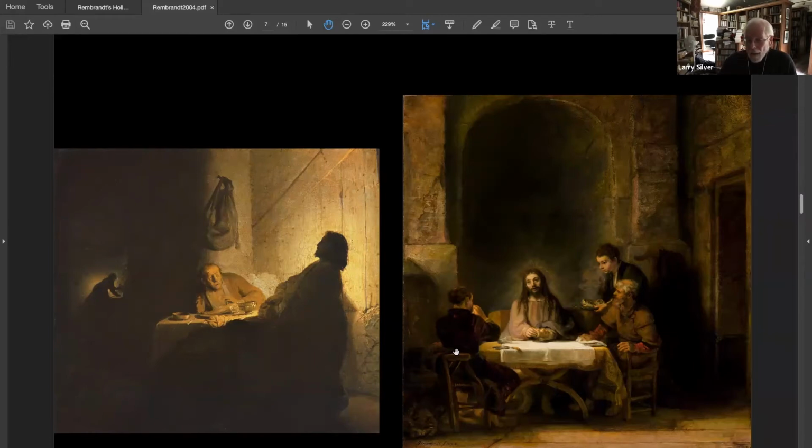The other thing that's interesting about this picture, there was an exhibition about a dozen years ago in Paris around this picture, which is dated 1648, and which is sort of at the center point of Rembrandt's own career. And alongside it, there was a whole series of studies. I show one of them in the book, the one from Berlin. There are 8 or 9 images of just the head of Christ, as if it was a portrait,